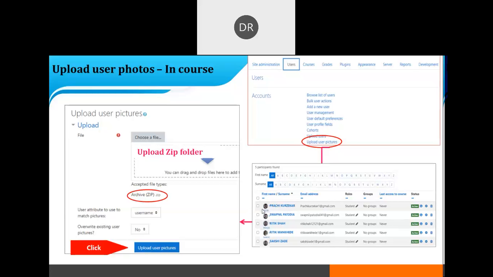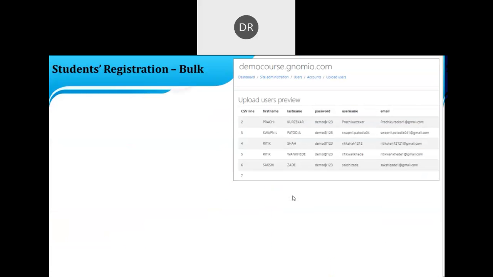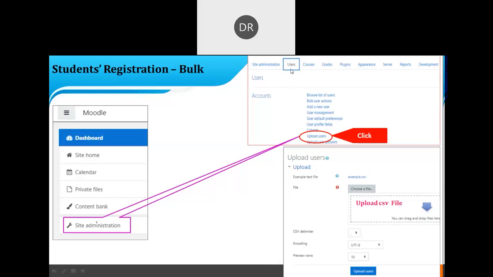So there are 2 steps in the enrollment in bulk. We'll just go back and summarize this content once again. If there is any query, you can ask me afterward. So we have seen this user tab to upload users and upload their picture.